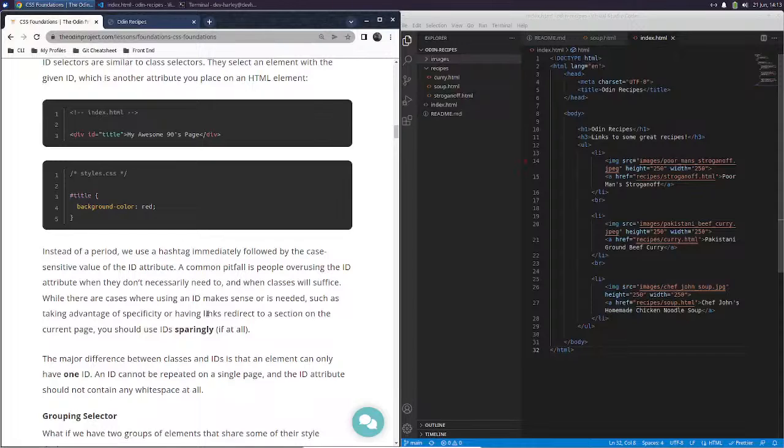A common pitfall is people overuse the ID attribute when they don't necessarily need to, and when classes will suffice. Well, there are cases where using an ID makes sense or is needed, such as taking advantage of specificity,